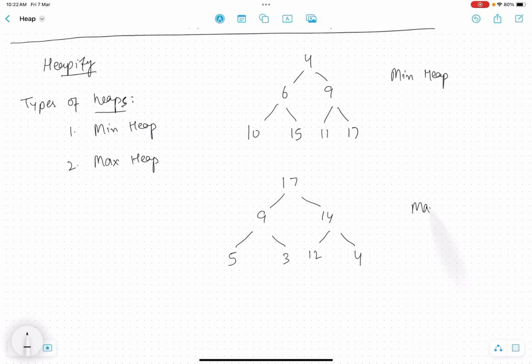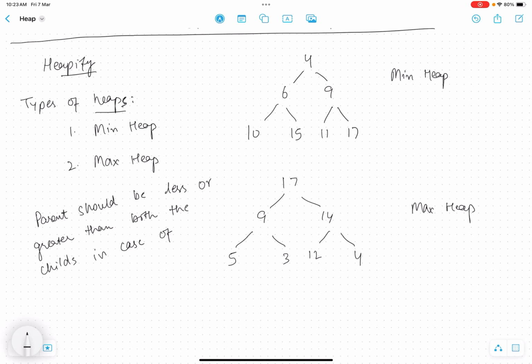So this is a max heap. The parent should be greater than both the children in case of max heap, or less than both in case of min heap, respectively. Okay, so this is the property